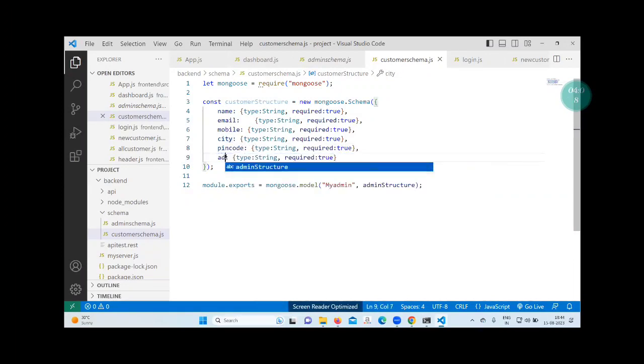Input phone address. Mobile you can keep a string also. Let it be a string.